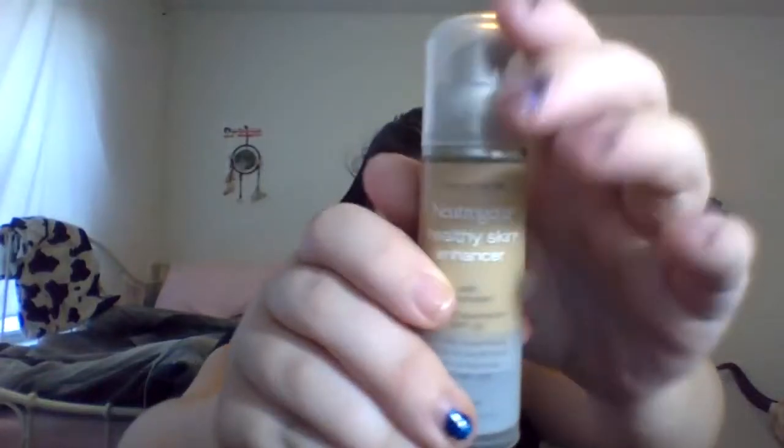Next I'm going in with my Neutrogena Fair to Light 10. Is that the color? Yeah, 10. This one has sunscreen in it, which is great because if you're wearing Fair to Light, it probably means you really don't go out in the sun very often, which is not something I do. So the fact that it has sunscreen is great. Oh wait, no. I lied. I'm using concealer first because my concealer is way too light for my face, so I just blend it all together with